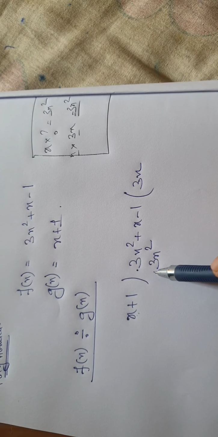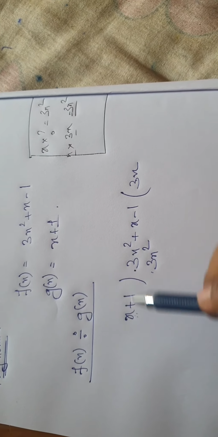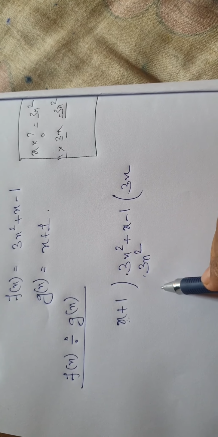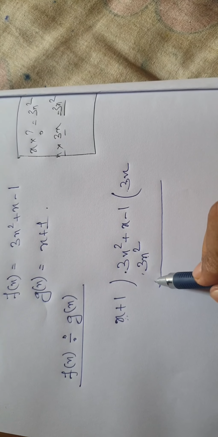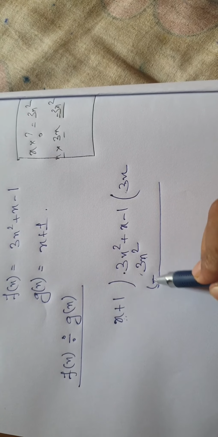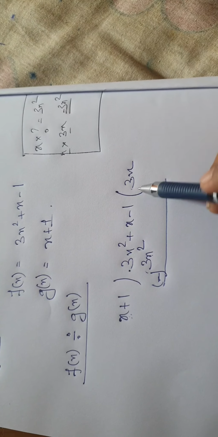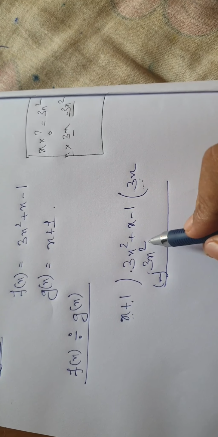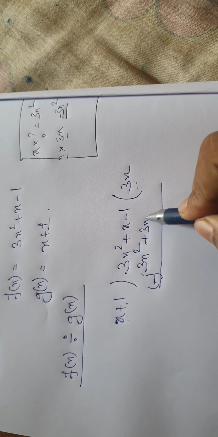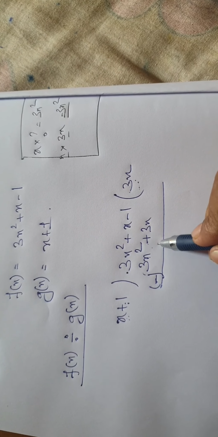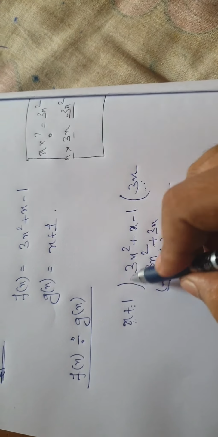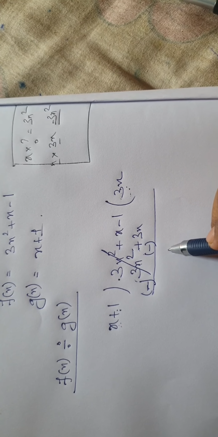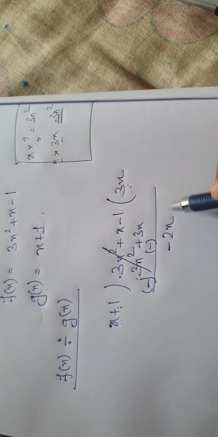And because here it should come positive, that's why I have done plus x into plus 3x giving 3x square. Okay, and since this sign is positive, I will put the opposite sign here. Now already you have written 3x here, so plus 1 is left. Plus 1 into 3x will give you 3x, so you will write here plus 3x. Because plus and plus makes plus, here also the opposite sign, minus. Now this will be cancelled out and this will give you minus 2x minus 1.